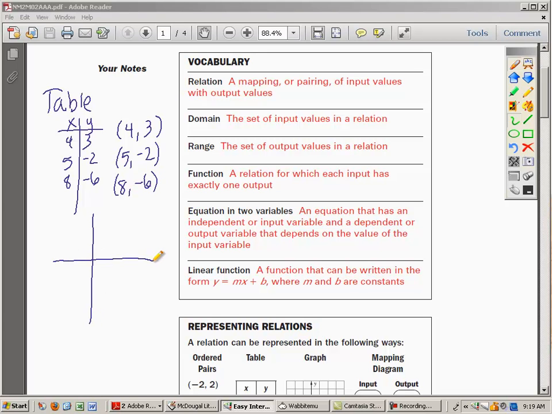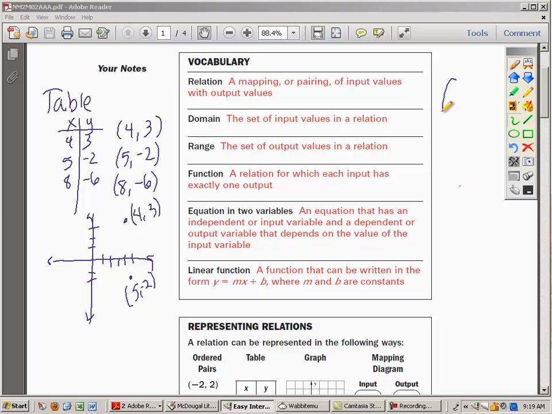Eventually, we'll also talk about representing a relation as a graph. And so each of these numbers can be placed as an ordered pair. For example, and I'll not graph all of these, the first point (4, 3) can be represented as a point on a graph as the point (4, 3). Again, (5, -2) can be down here someplace. And so we can represent a relation as a graph, a table, ordered pairs,